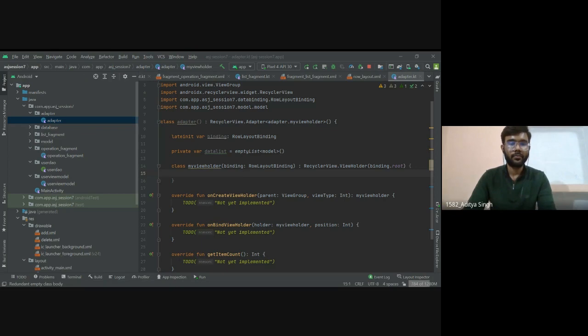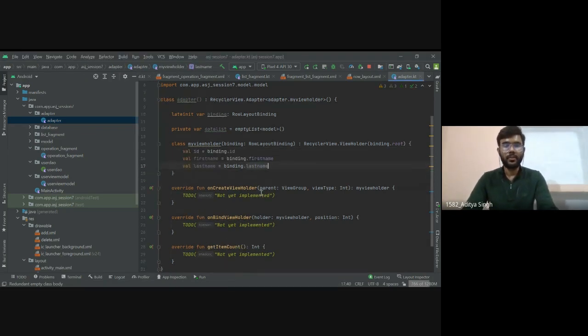Okay, so this is how it's done. You can just simply write val id equals binding.id, and for first name and last name you can do like this. So it's done.